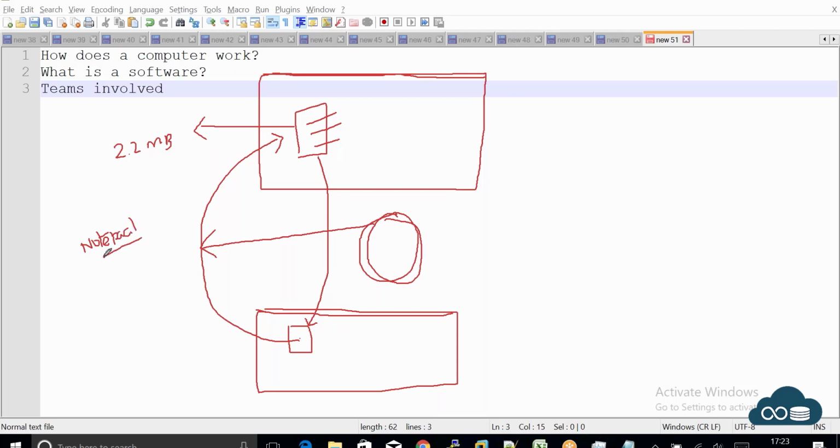Not only notepad, any application that runs in your computer follows the same fundamental rule. Take an example. Let us say you have your favorite movie lying in your D drive. You double click on it, it is being fetched to your RAM and it is being displayed on your computer screen. Whatever you are watching on your computer screen, you are actually watching it through your RAM, not from your hard disk. And who is going to do that? Your CPU is going to do that.